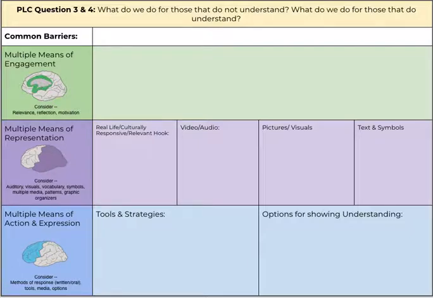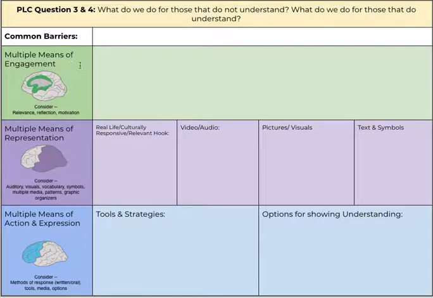So using previous experience or your knowledge of the students, what are some common barriers that are going to come up based on this standard? Try to identify some of those barriers in this top box. Those might be prerequisite skills, it could be fine motor issues, it could be any number of things. Then from there, what are some solutions, tools, strategies, methods, or materials that can address or remove some of those barriers? We're asking for those to be grouped within the 3 principles of